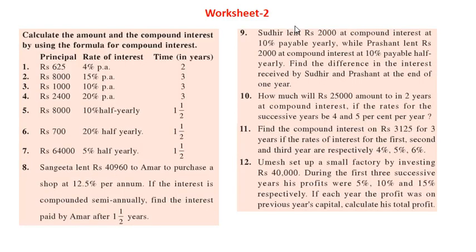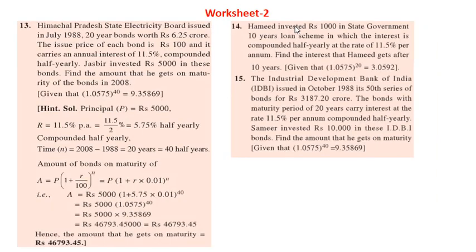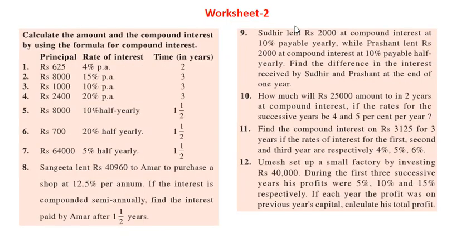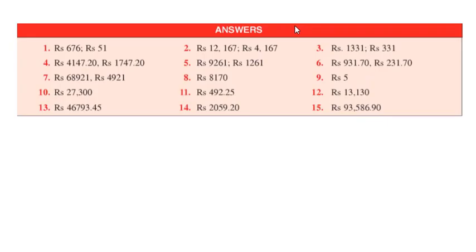Okay, so in this lecture we have seen compound interest using the formula for amount, which is A is equal to P into 1 plus R upon 100, the whole power n. Now you are in a position to solve these problems. I am not reading the problem. You pause the video, go through the problem, solve it by yourself and check with the answers whether you are getting them or not. In case you are not getting the answer, recheck your problem. If then also you are not getting the answer, then coordinate with me.